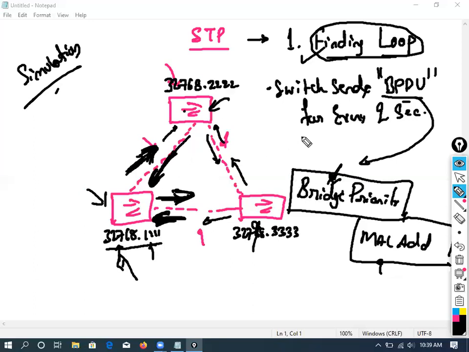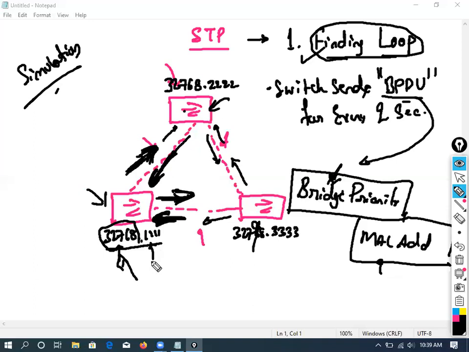So you noted this down, all of you? Copy it. Each system will have its own MAC address with priority. The priority is by default the same, but the MAC address cannot be the same because it's a unique address, right? A MAC address is a unique address, it cannot be the same. So it will be different.